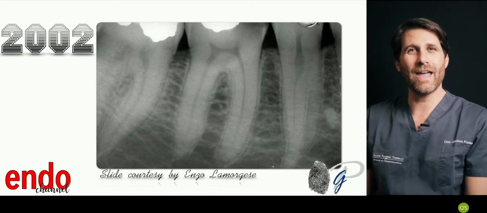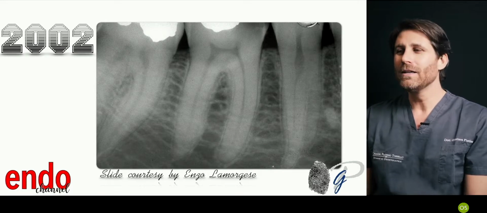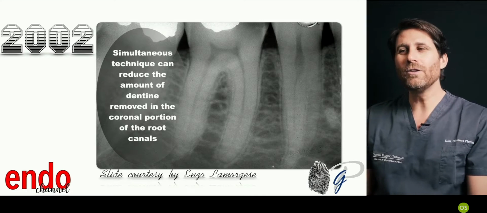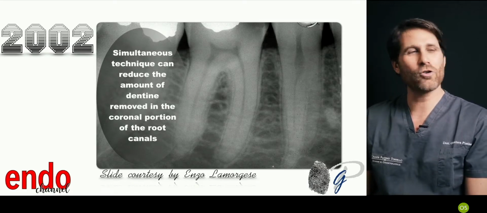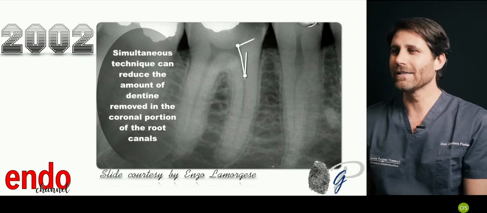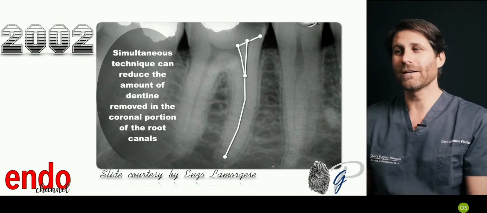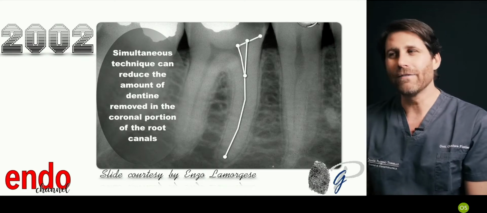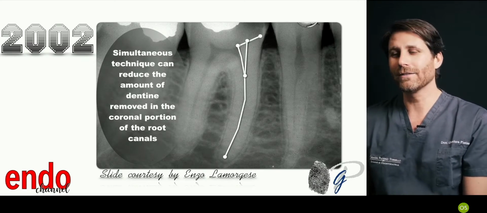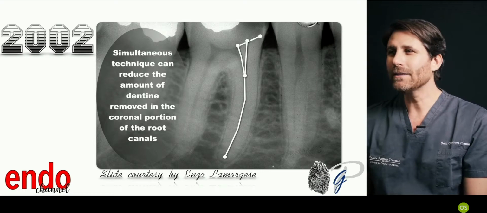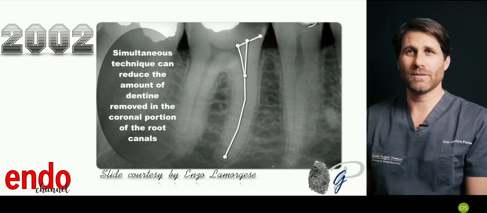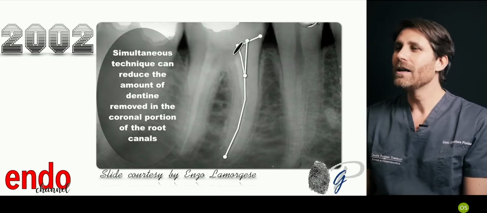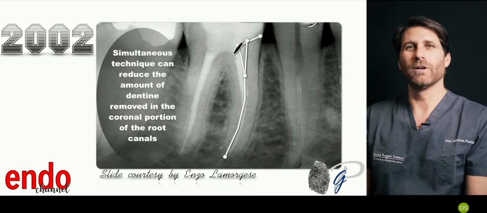This is one of his cases when I was still a student, and we were starting this concept of reducing the amount of dentin removed in the coronal portion of the root canal and the access cavity, not a straight line access given by the stainless steel file that needed a straight line access to reach the apex in a safe way without transportation or reducing the risk given by the rigidity of the stainless steel file, but through the use of modern, flexible